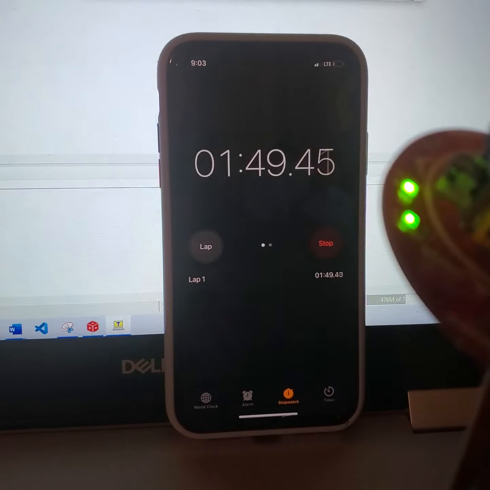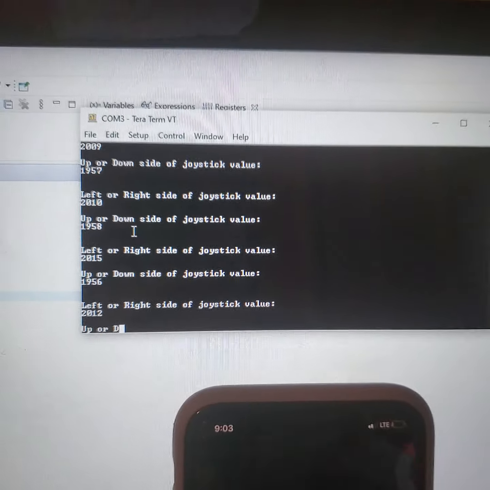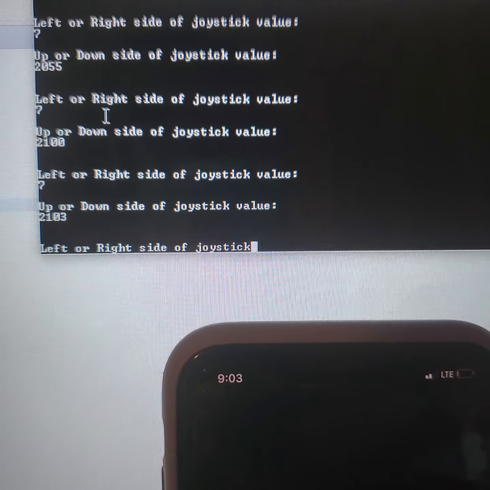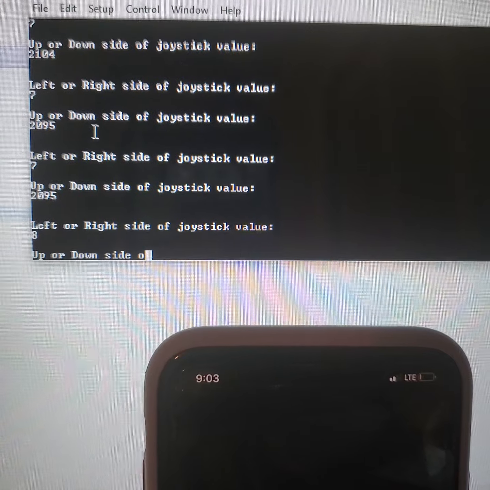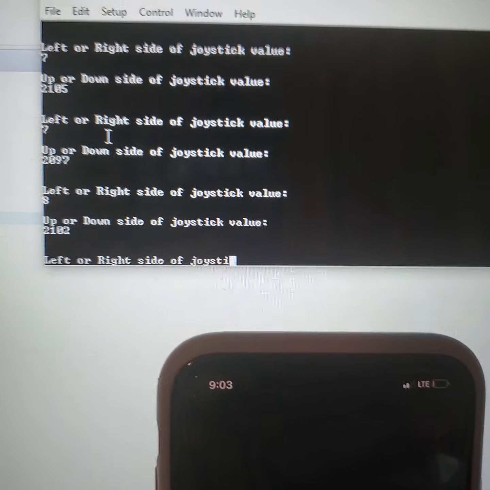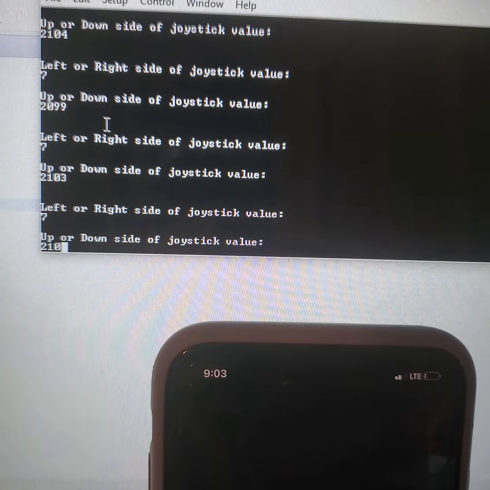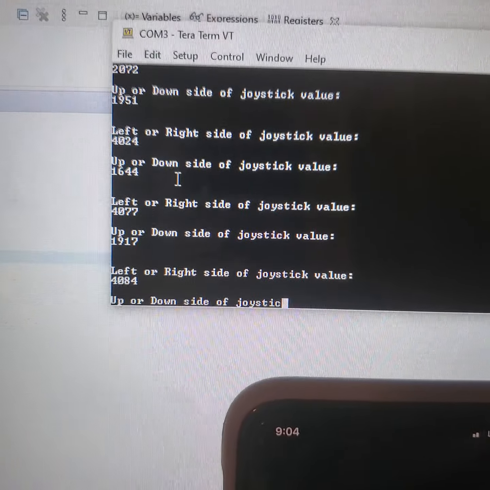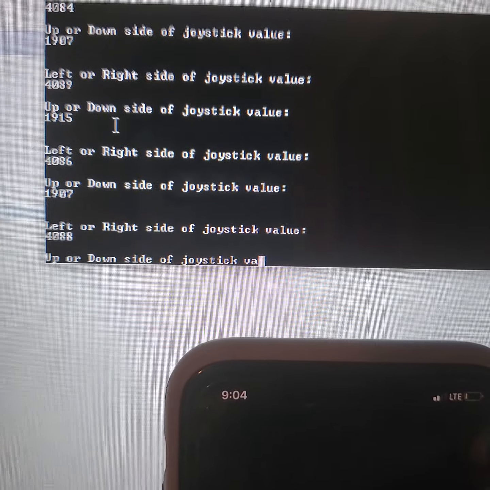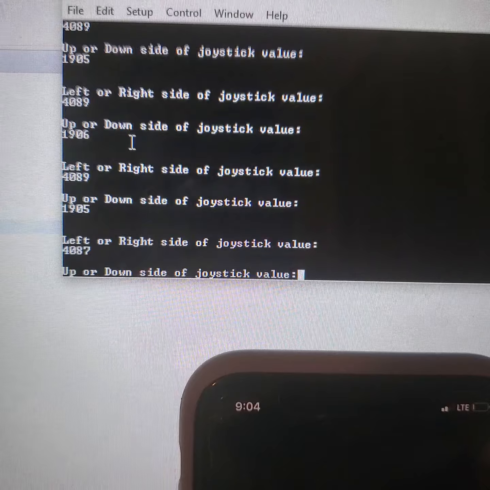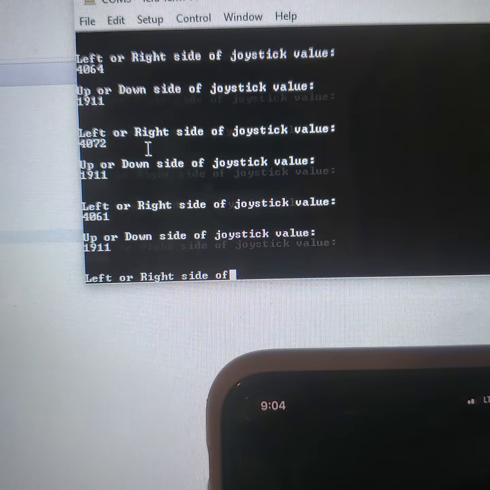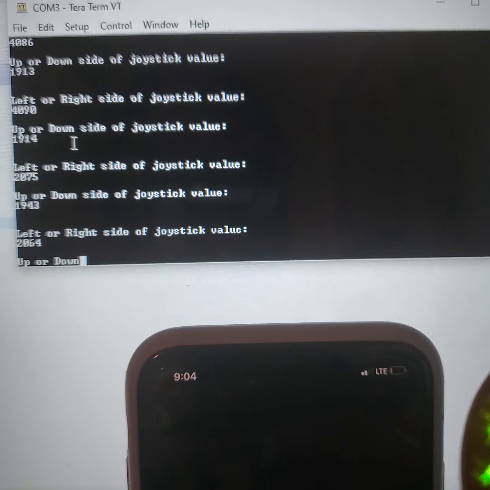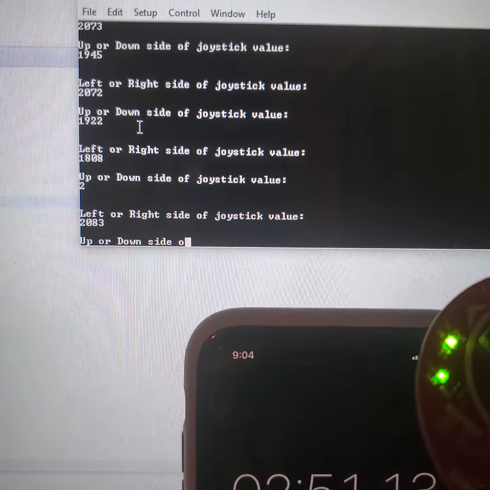But basically, what I'm going to be doing is demonstrating that when I press the joystick to the left, as you can see, the left and right side values go down, but the up and down values stay the same, around 2100. So basically the x coordinate is going down when I'm pressing it to the left, and the y coordinate is staying the same. And then let me press it to the right. Again, the y coordinate is staying around that 1900 to 2000 range, and when I'm pressing to the right, the value is going to around its maximum, which is like 4090 or 4089. Then let me release it, and then when I press down,